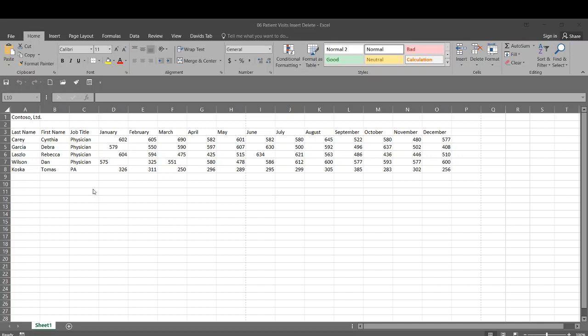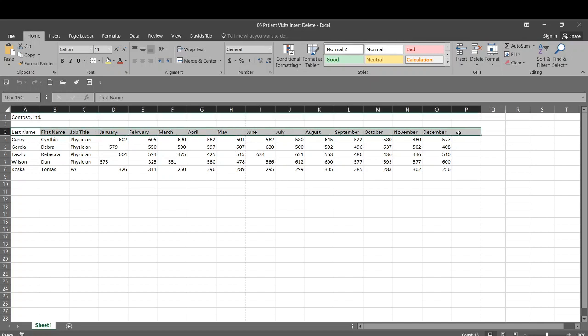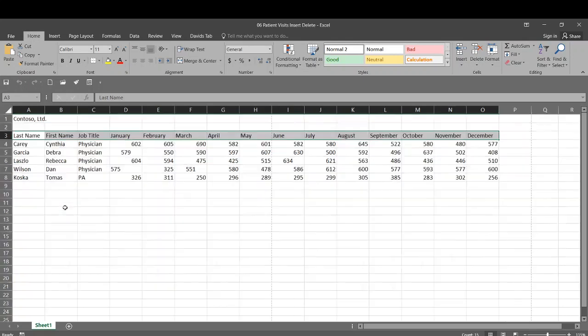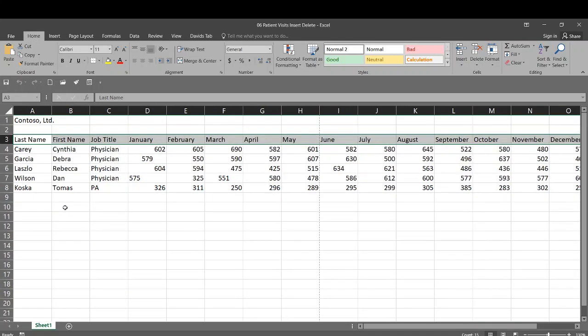What I'm going to do is select cells A3 to O3. So I'm going to click in A3 and pull over to O3, so these headings. Let me zoom in just a little bit. You need to have cells selected before we can